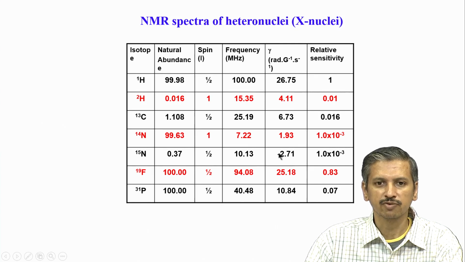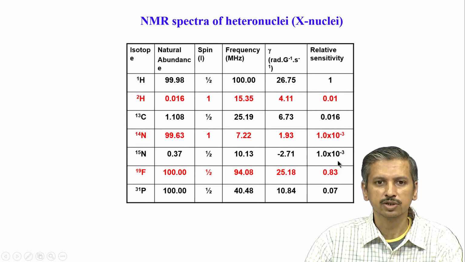And therefore, this factor we have to live with, whereas this factor can be modified by labeling. And if you look at nitrogen-15, fluorine-19 and phosphorus, as I said, 19F is something we will not study in this course because it is not part of biomolecules, but that also has a very sensitive nucleus and it is almost similar to proton, 100% in abundance, and look at the gyromagnetic ratio, it is almost the same. So, you see the sensitivity of fluorine is almost similar to proton, close to 1.